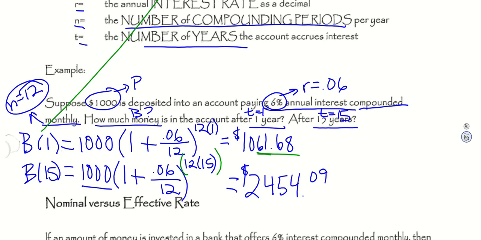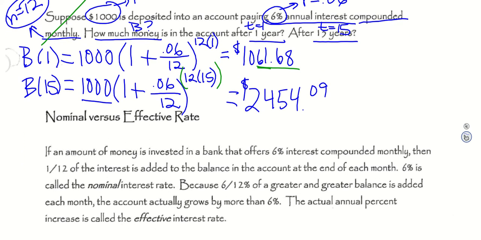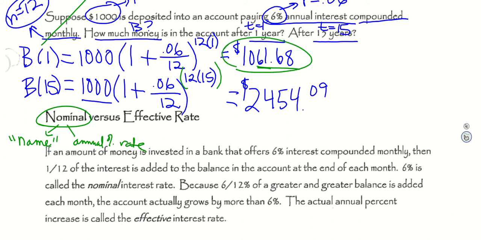So that brings us to our next little discussion, which is on nominal versus effective rate. The nominal interest rate, that nominal comes from the word that means name, is our named rate. So this is our advertised annual percentage rate. Because like in situations up here where we actually ended up with more than 6% when that rate was 6%, we have what is called the effective rate, which is the actual